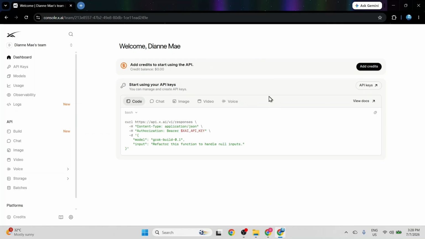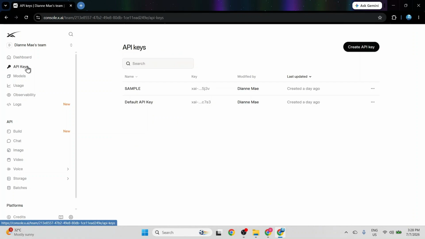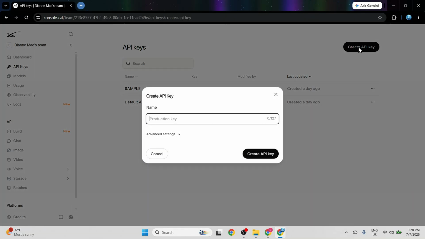This brings me straight to the XAI console dashboard. A small notification pops up at the top asking to add credits, but I focus on the main screen. I click on the option that says API Keys under the Start Using Your API Keys section. On the API Keys page, I see my existing active keys. To generate a new one, I move my mouse over to the top right and click the Create API Key